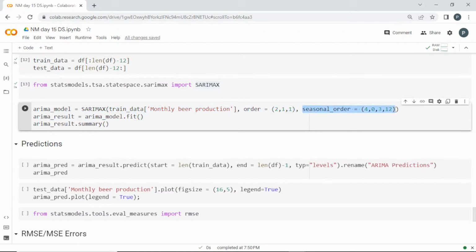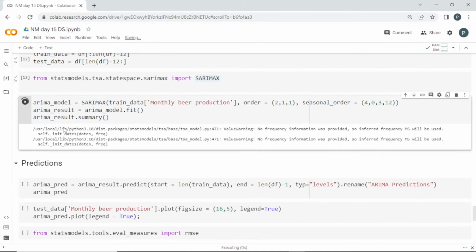And to find this, there are some more complex things which we cannot cover in this class. Okay, it would be further confusing for you. So there are some methods which we will try to cover, if possible, in future classes. There are some methods to find it, or you can go and try different combinations using a for loop and get the best fit. Once you apply these things, you can fit the model and get the summary of it.